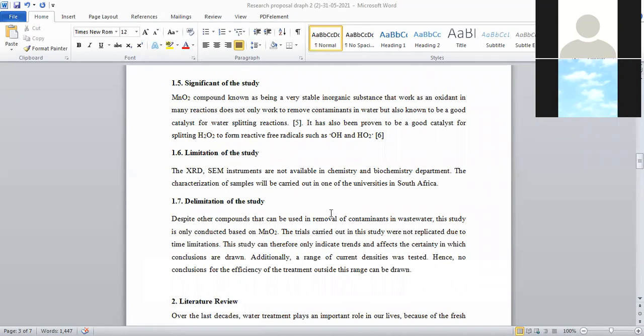Thank you. Limitation of the study will say that whatever instruments you don't have, you have to mention. The department name is changed: physics, chemistry, and material science department. And the characterization studies will be carried out outside universities in South Africa, or your professor will tell which university he or she will send it to, in South Africa or any other country, that you have to mention. Or you can just generally say it will be carried out in one of the universities in South Africa. Then delimitation, what you are going to do,